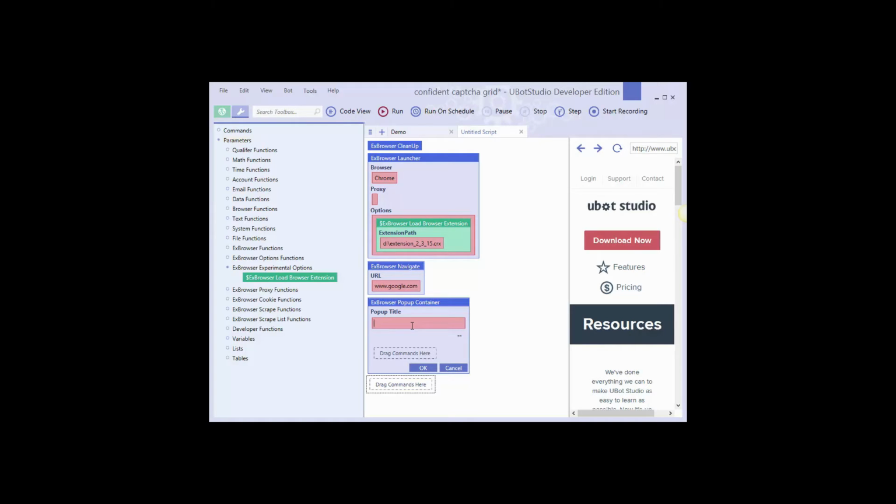Try to enter as much as possible so that if there are multiple windows, the command is able to find the right one. But this command will also change. It will be a kind of switch to window command with an option to select the title of that window, and then a close window command and things like that. So that's something I'm currently working on. With multi-threading, I don't recommend that you use the pop-up container, because it will have the same limitations like the old